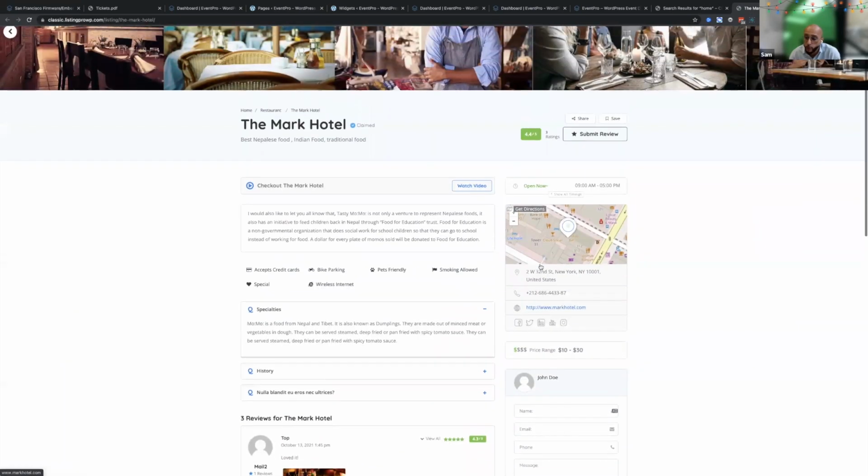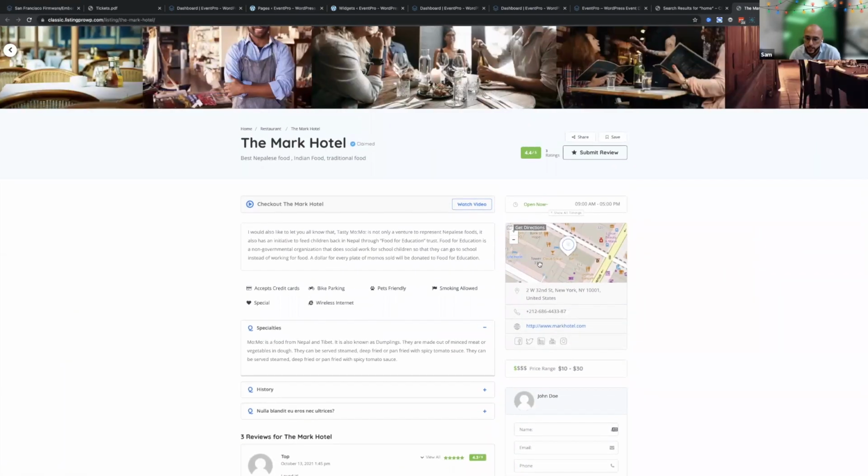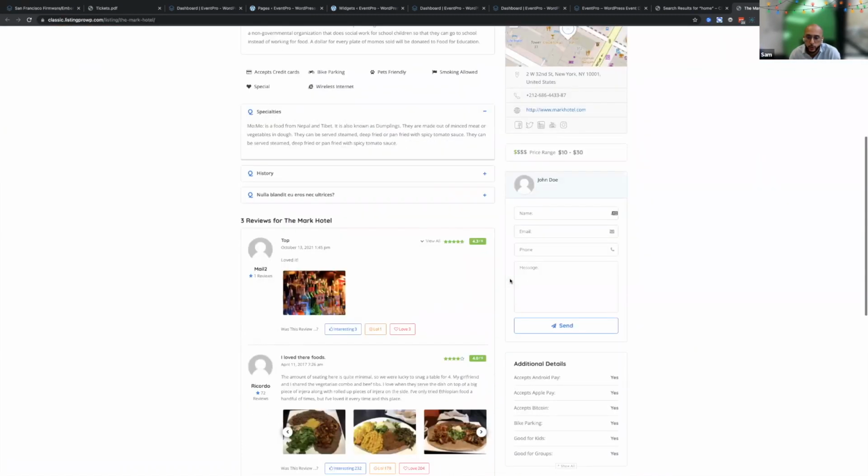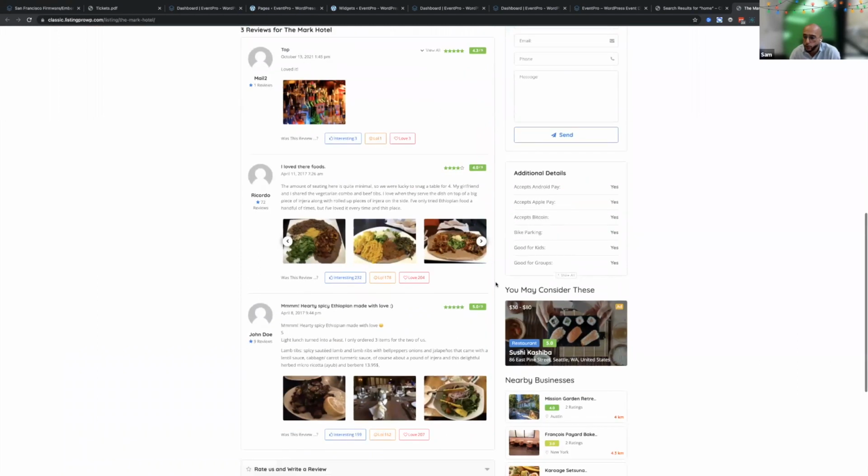And if you are already using the existing events feature, because we do have an events feature, those events will not move to EventPro groups. All the events in ListingPro default, the ListingPro basic that you might be running right now,